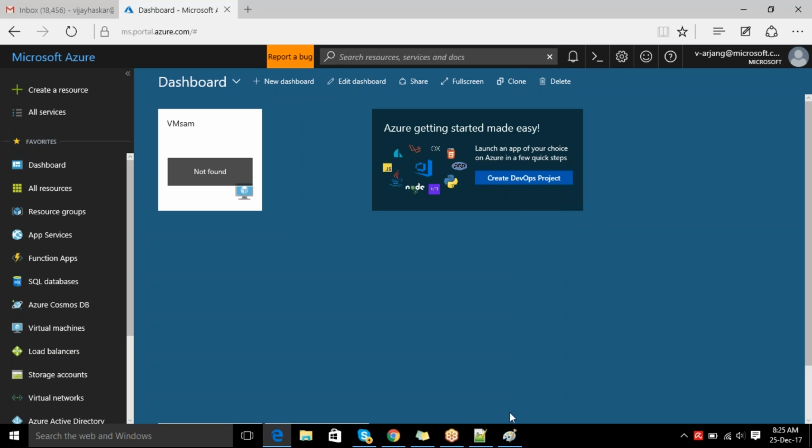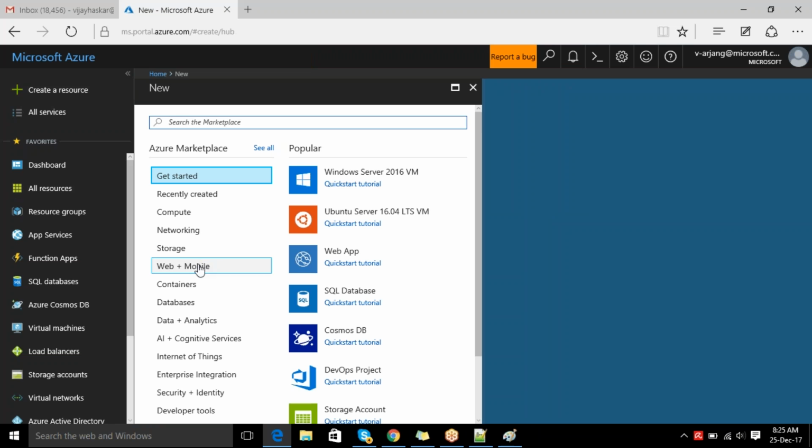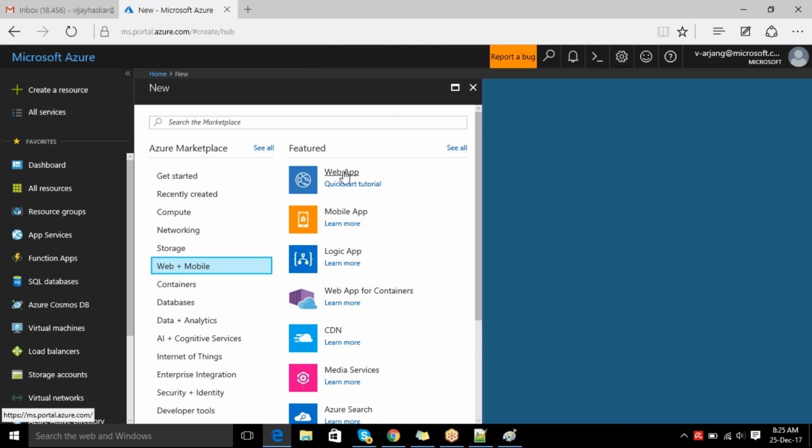Deployment succeeded, so go to create resource and create one more web app,